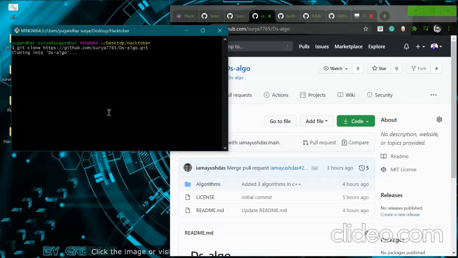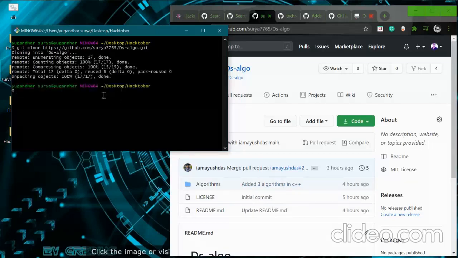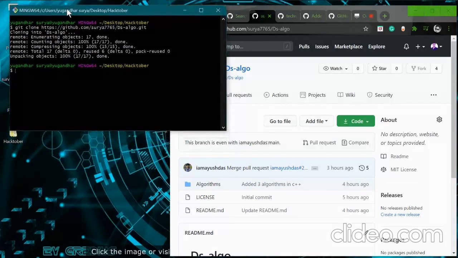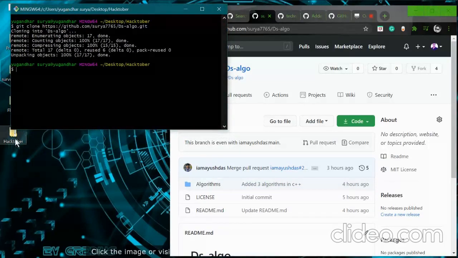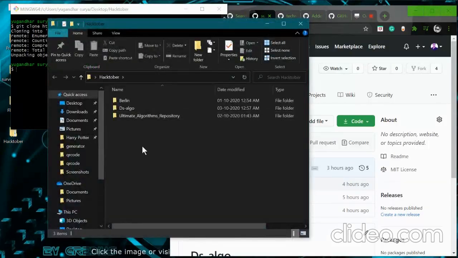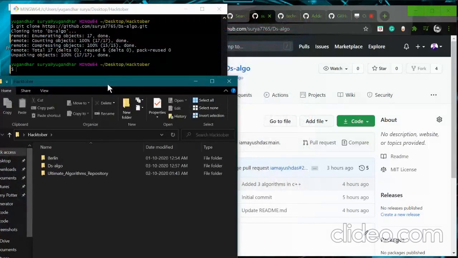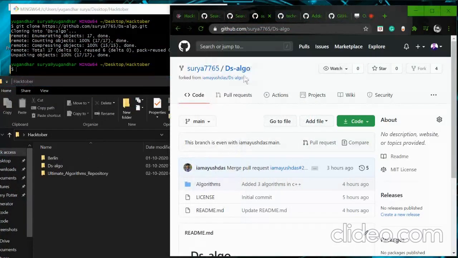It will take some time to clone, maybe because of the folder size. And now if you want to see whether it has changed or not, just go to the folder, and as you can see, I have got a new folder here, which is DSLGO, and the name of this repo is DSLGO. So I got this whole repo on my computer now.